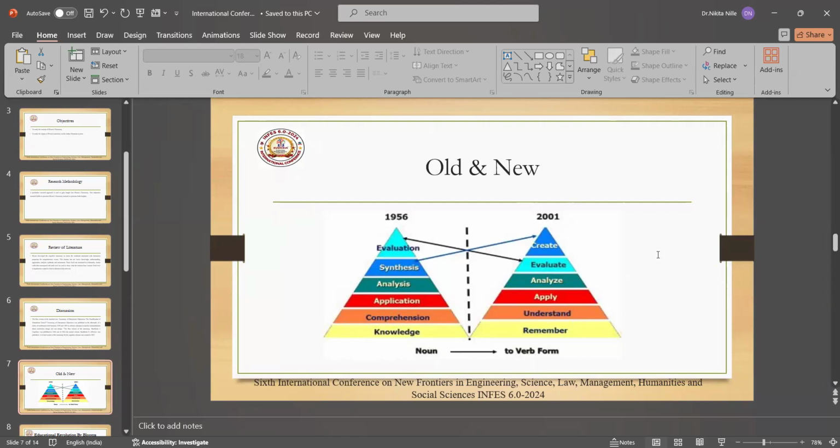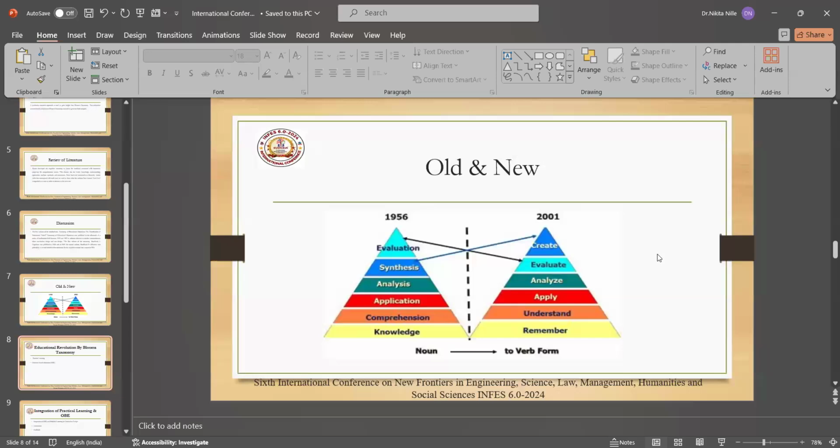While today we use most of the verbs which are related to remember. That's the very first step. In the second step, we try to see that the course outcomes use the verb understand, which lets the student know about a particular subject. The third level is designed to know the applicability of a particular subject, and then to analyze, to evaluate, and last but not the least, the most important, that is, what creativity can be achieved through the context.